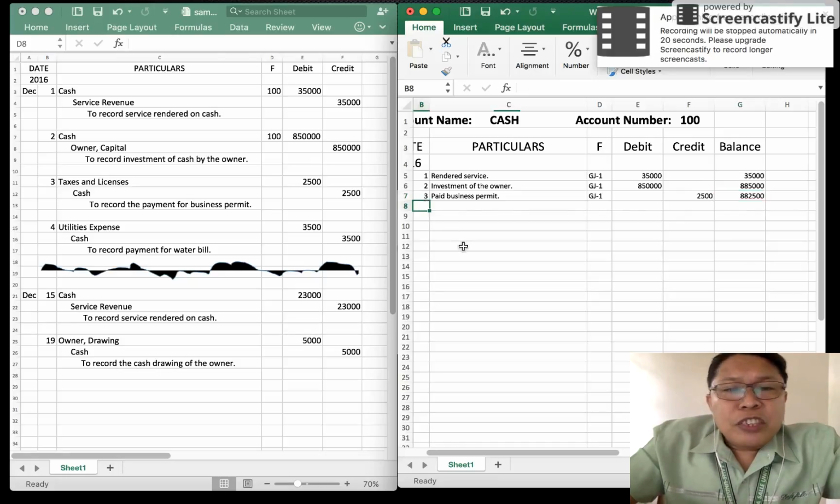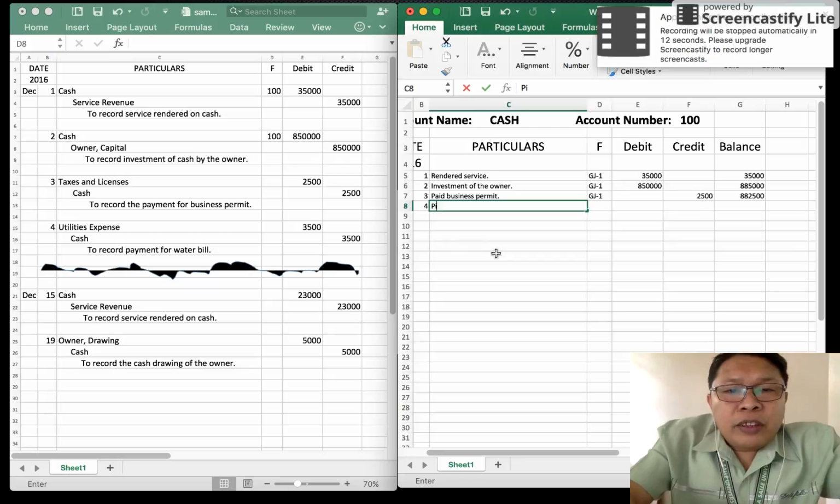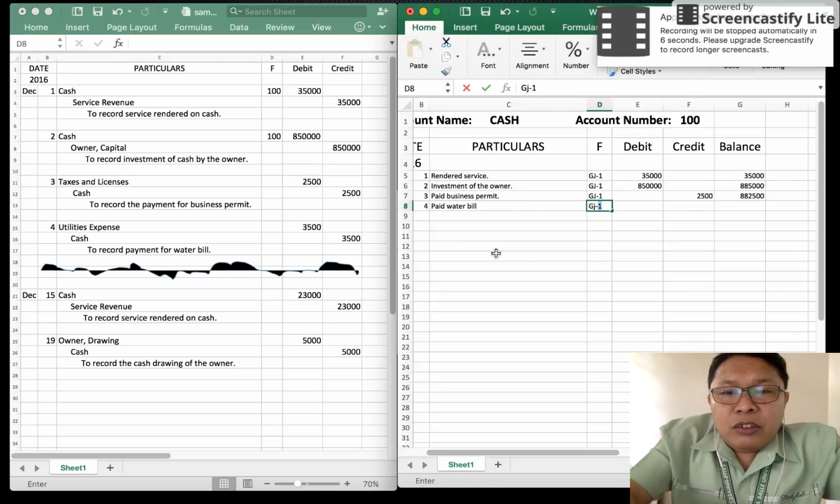Now we will proceed with the fourth appearance of cash which happened on December 4. There is a payment for water bill. So we have to write paid water bill. This is recorded in General Journal page 1 and this is again credited. So the 3,000